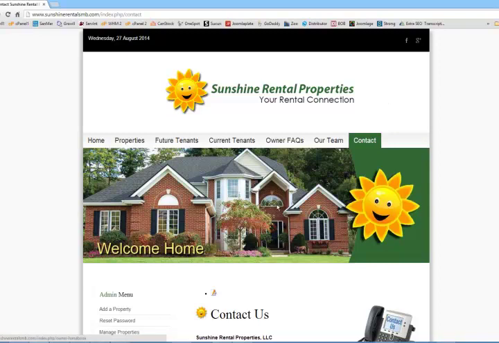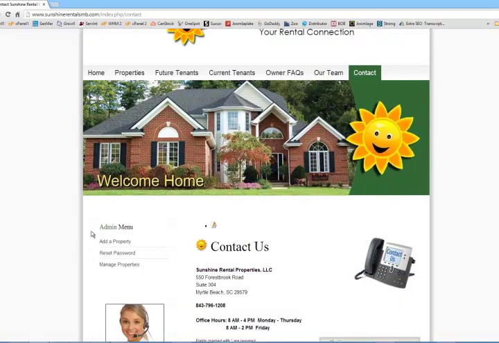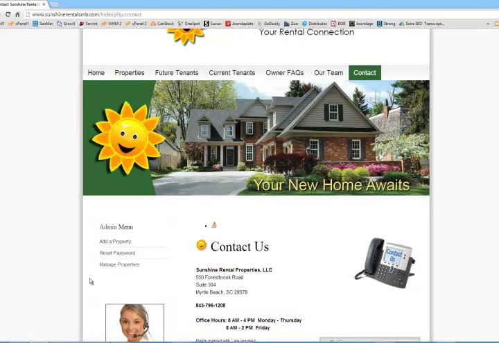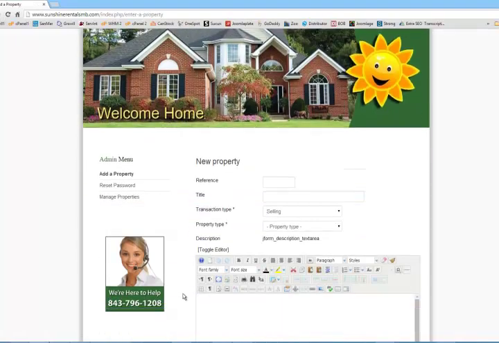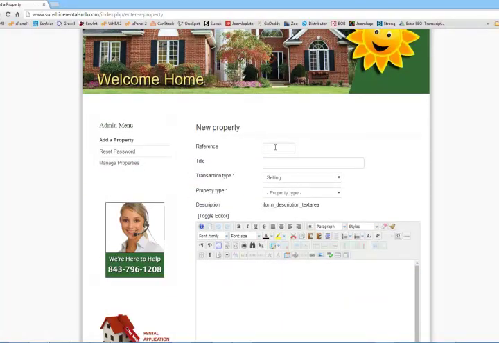And once you log into the system, you will see an admin menu that appears here on the top left hand side. And with that admin menu, the only thing you want to do is click on Add a Property. And then it populates a new screen, and with that screen you're going to have to put in a reference